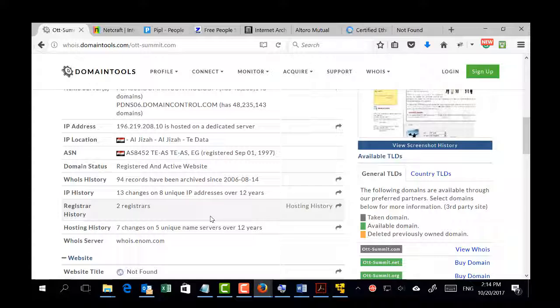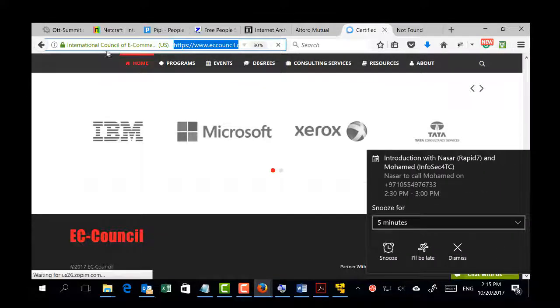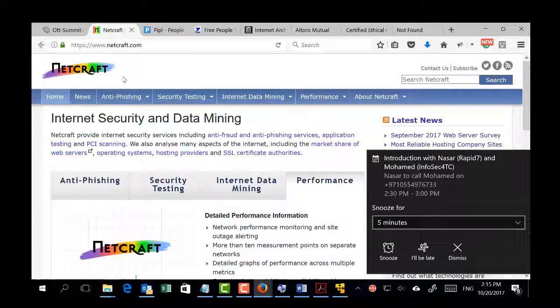Getting back to Easy Counsel, let's see more information that we can get about Easy Counsel. So if I take the domain one more time, which is easycounsel.org, and I try to get some technical information about this domain or about this website, where it's hosted, what operating systems the servers that include this website run. A very, very, very useful website is Netcraft. If you search for netcraft.com, you're going to find this website that allows you to gather a lot of technical